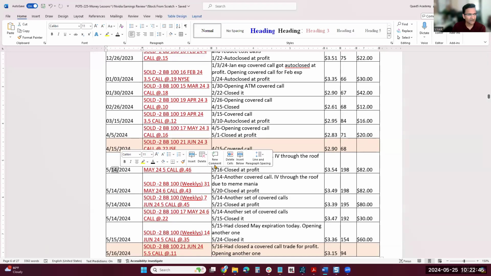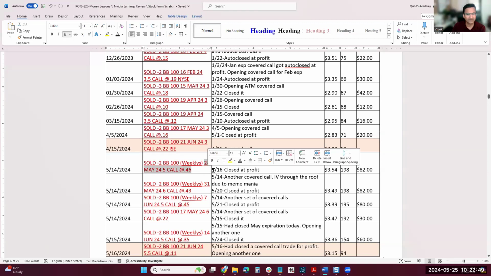Opening transaction on 5/14, right? And it is expiring on the 24th of May, which means 10 days later. Stock is trading at $3.54, and you're selling a $5 call, collecting 46 cents as a premium. 10 days out,